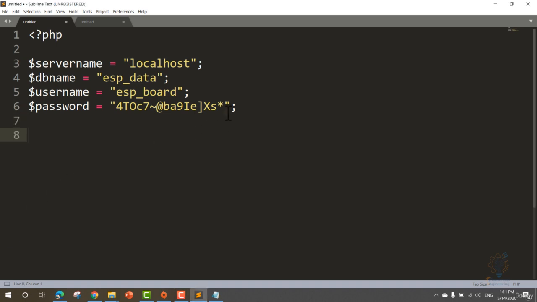Now what we are doing is creating an API. So we are gonna create a special key that no one knows and use it for our API to allow connection between ESP and our PHP or our website. So write the $ sign and write API